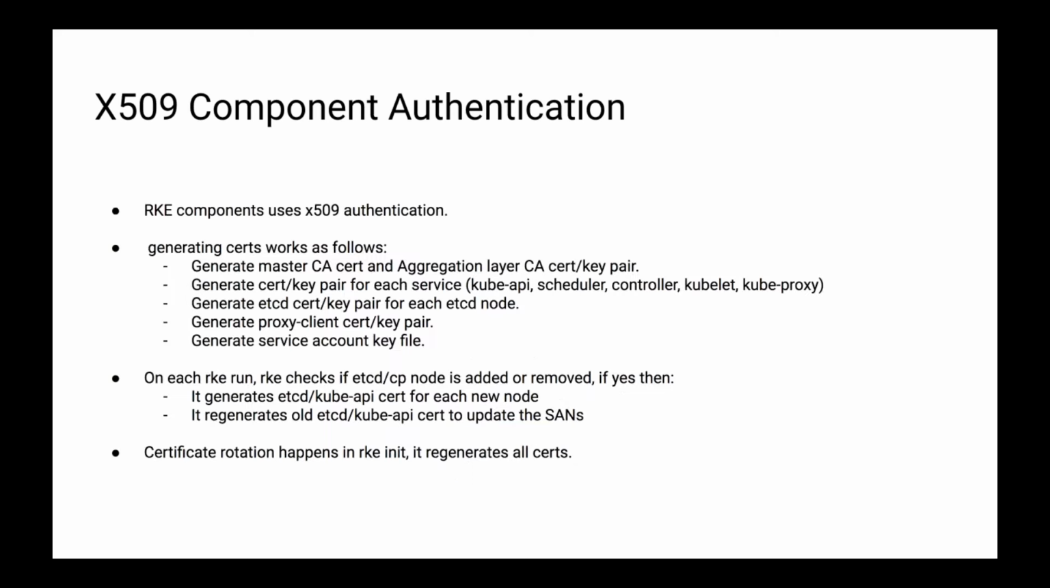So to recap, we generate a master CA, we generate a certificate key pair for each service. We also generate an etcd certificate for each etcd node. We generate a proxy client for the aggregation layer, and finally we generate a service account key file. So on each run, RKE checks if any new node has been added, especially etcd or control plane node, and it regenerates the etcd certificate with this new node to update the SANs in this certificate and redeploys the certificate on the nodes. We also allow certificate rotation for your nodes. So if you run RKE cert rotate, it will reassign all the certificates and redeploy them on the nodes,